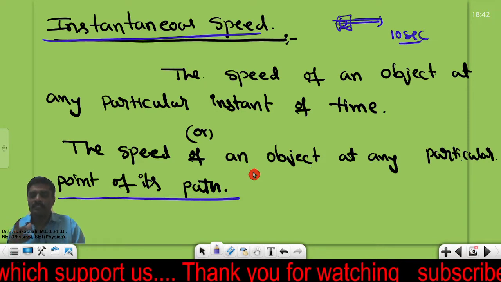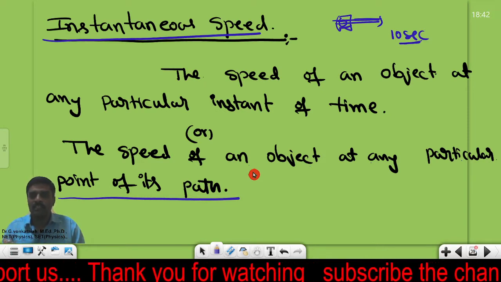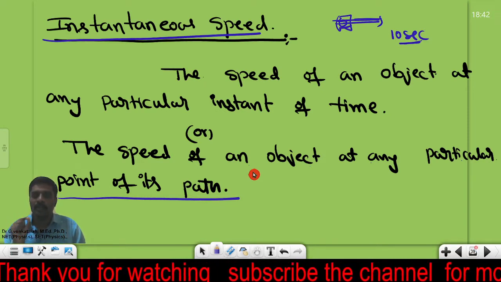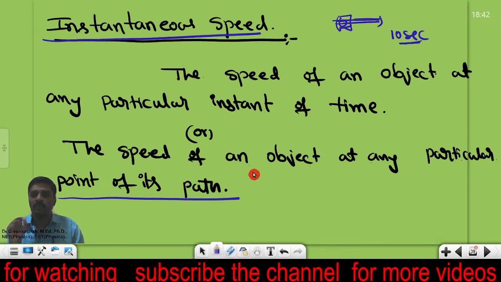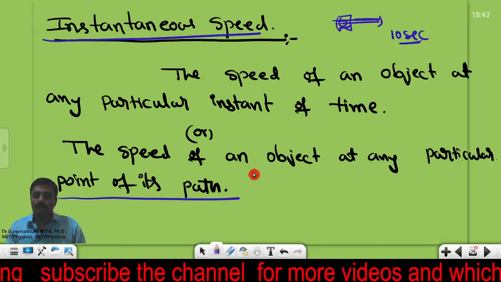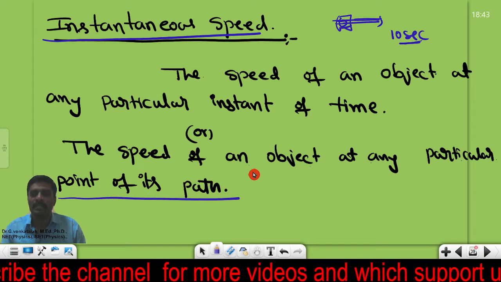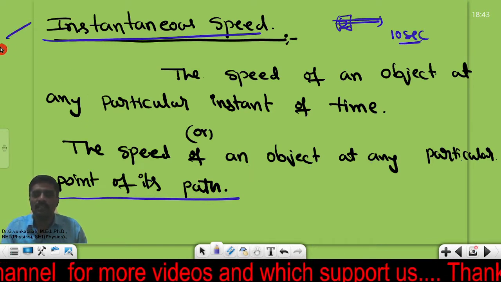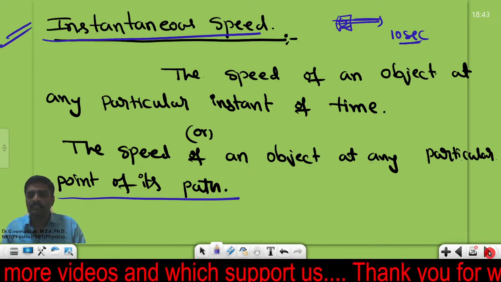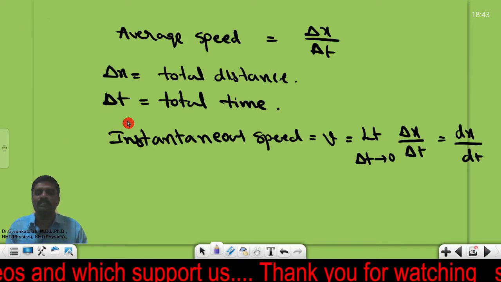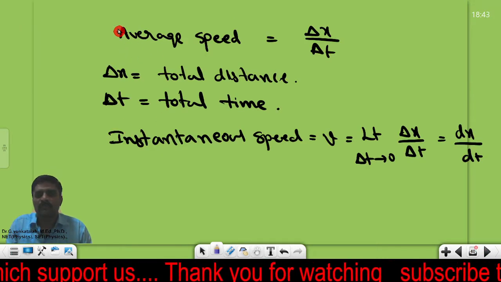So instantaneous speed has two definitions: the speed of the object at a particular time, or the speed of the object at a particular instant or point. That is named the instantaneous speed. The mathematical value for the instantaneous speed, we will derive from